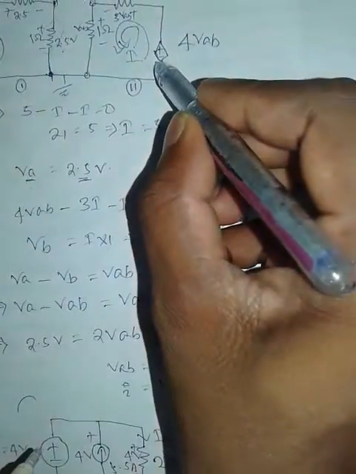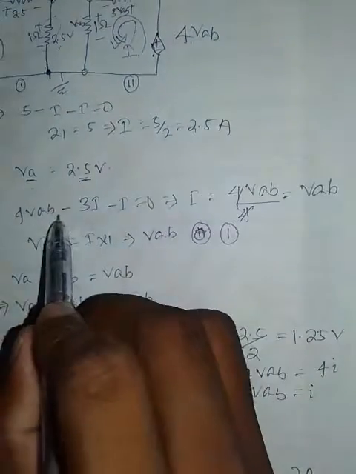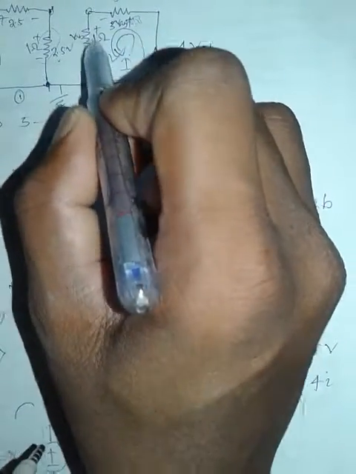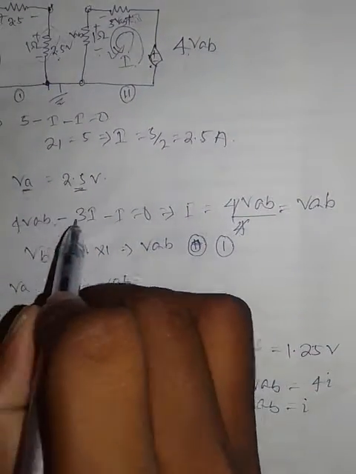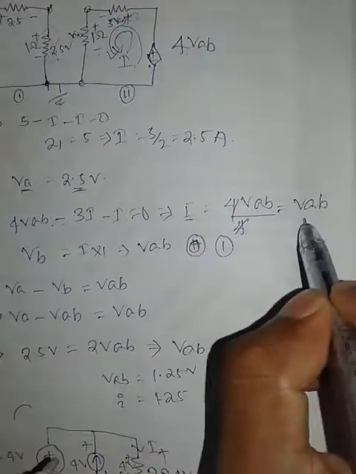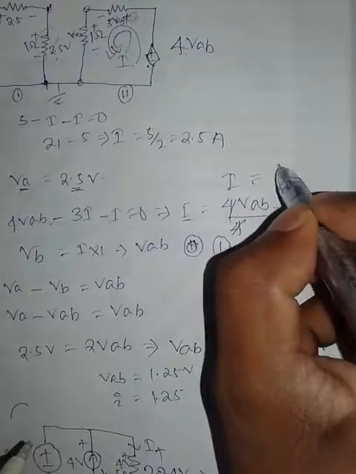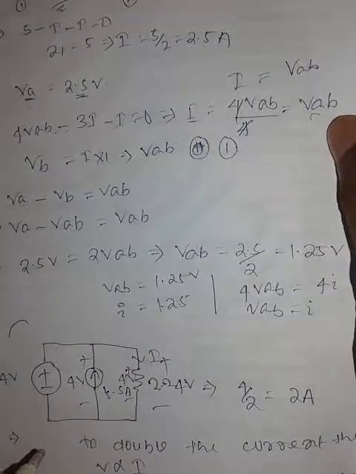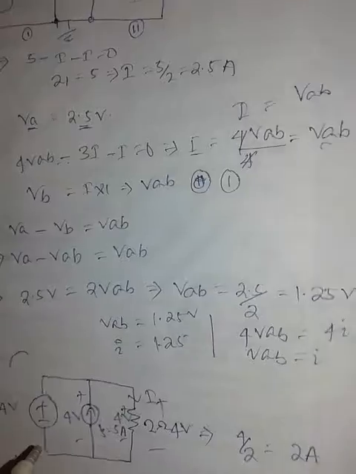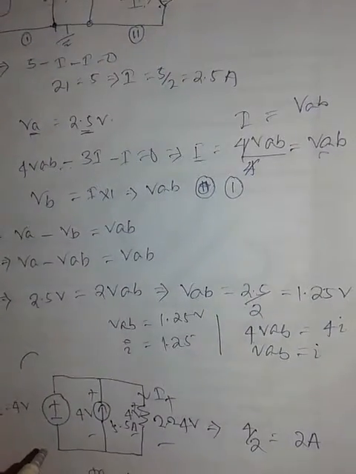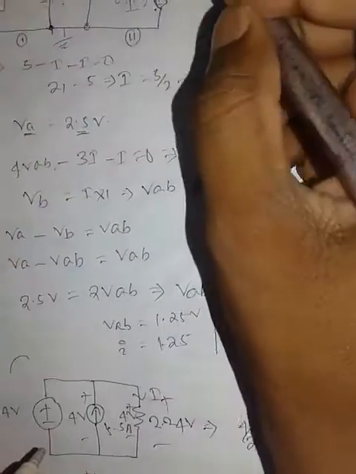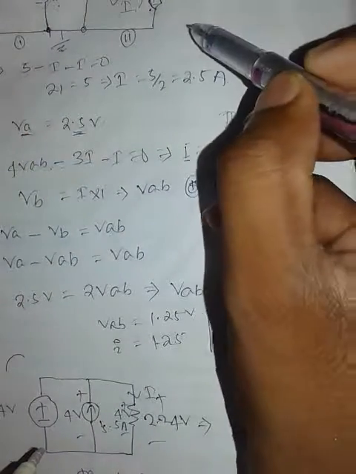So plus VAB, and 3I here also, so 4 VAB minus 3I minus I is equal to 0, so I is equal to VAB. So the I value is equal to VAB. So see here in this question, see here, so this VB will be,